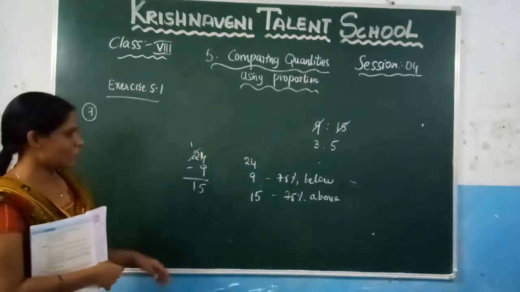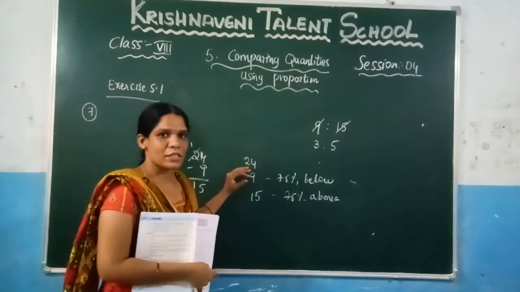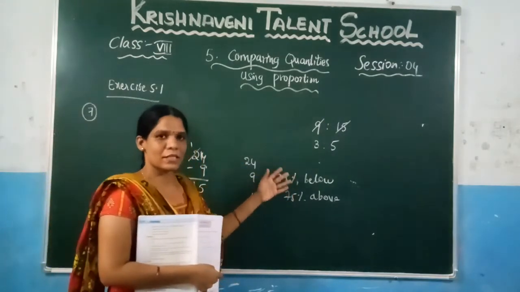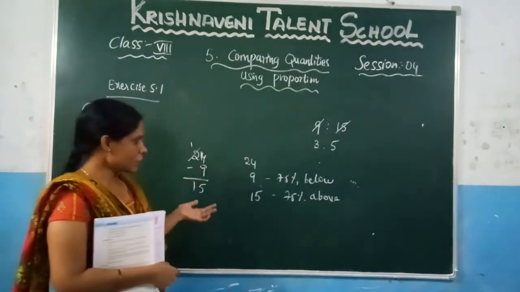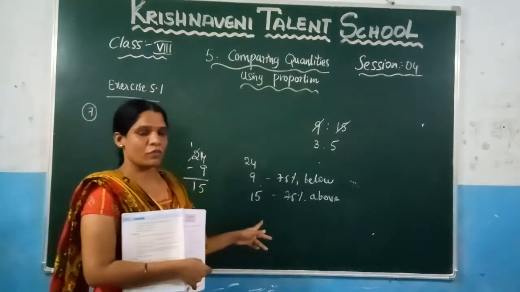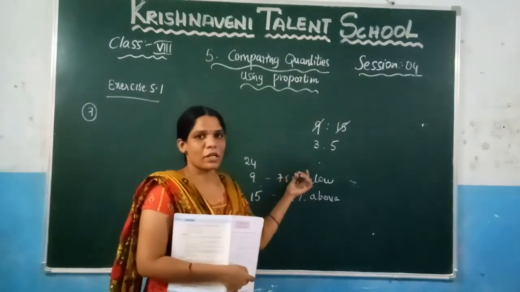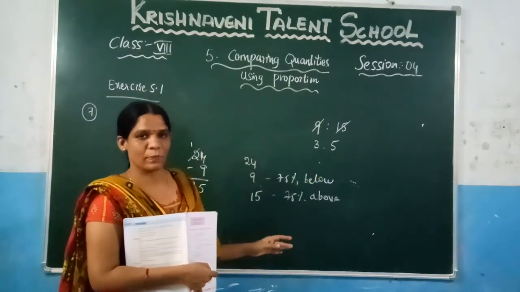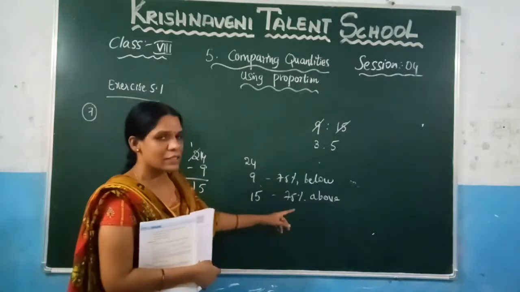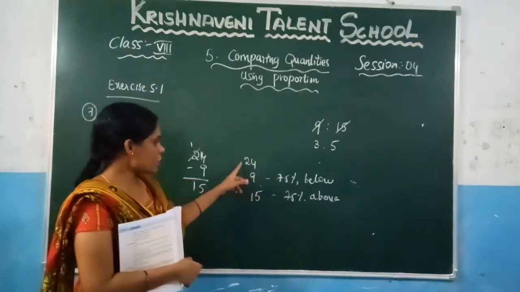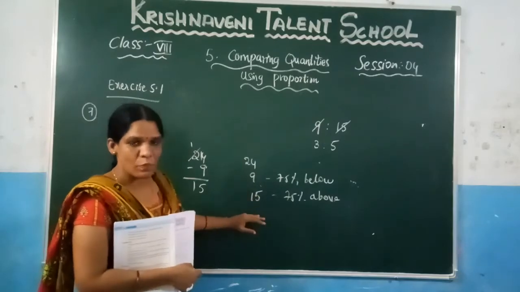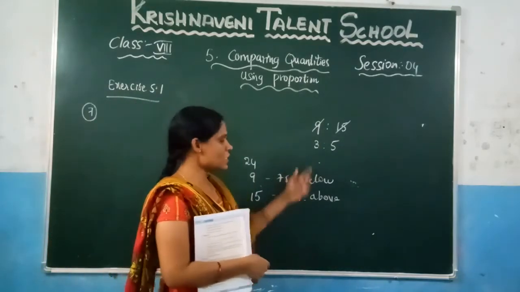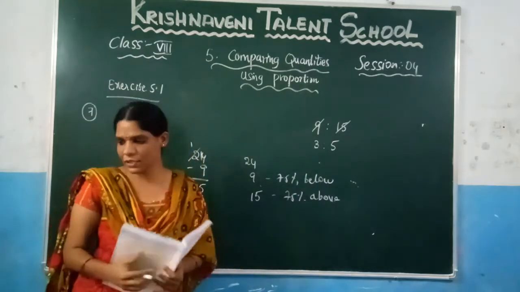Again, what is the question given here? Total number of students is 24 and 9 students got 75% below marks. Now they asked to find the ratio of the number of students who got 75% below to the number of students who got 75% above. So that we have calculated. If you subtract these two values, you will get the number of students who scored 75% above. So what is the ratio? Which is nothing but 3:5. Let us write that one.